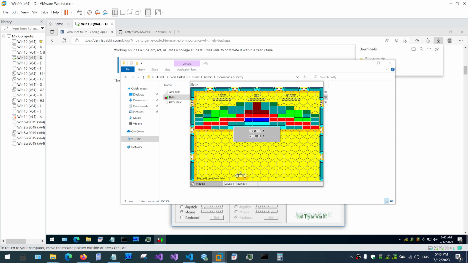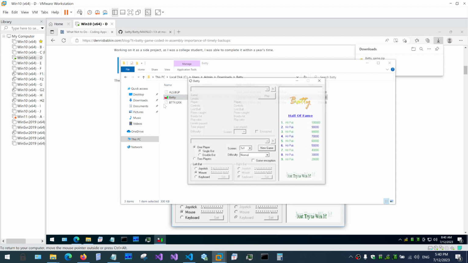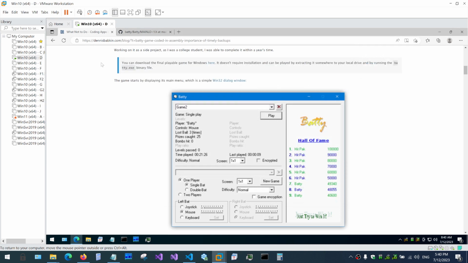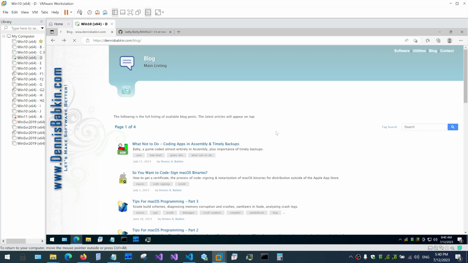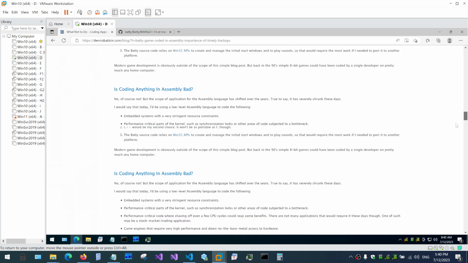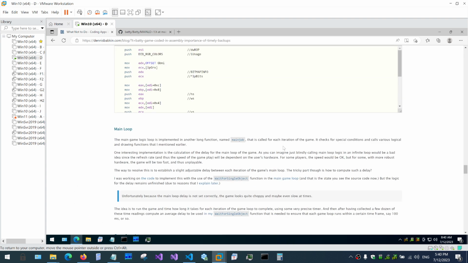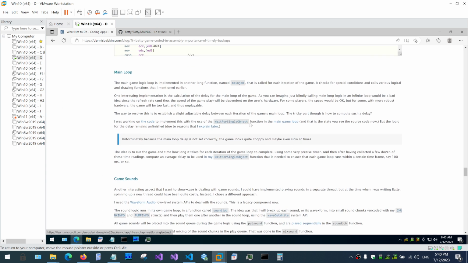So if we start a new game, not changing anything, as you can see, everything is really slow in the beginning. The ball basically barely runs, and this happens because I was actually writing it on much slower hardware, and also different hardware. So my goal is to increase this delay. And what happens in this case, if we go back to my blog post, somewhere in the middle, I'm mentioning a game loop, a main loop, and the main loop is using this WaitForSingleObject